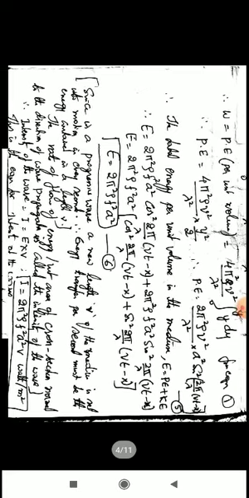The rate of flow of energy per unit area of cross section normal to direction of the wave propagation is called the intensity of the wave. Intensity of the wave is I = E × v. Therefore, I = 2π²ρf²a²v, in watts per meter squared. This is the equation for intensity of the wave.